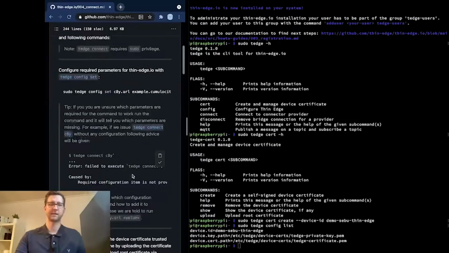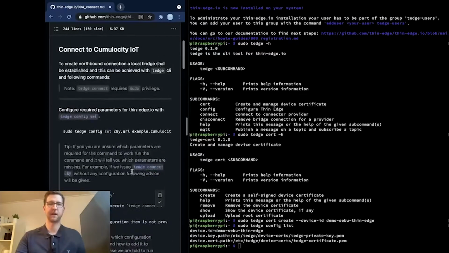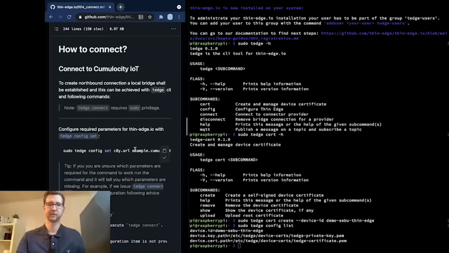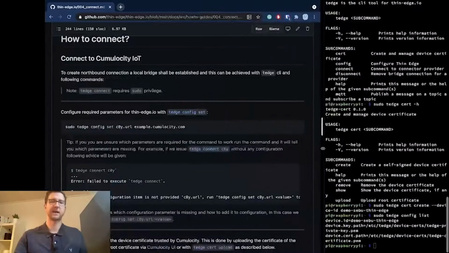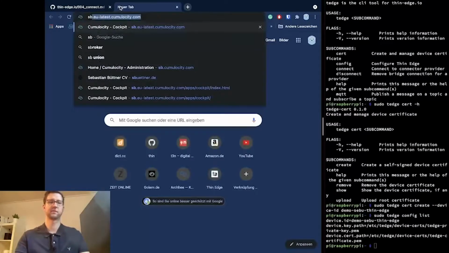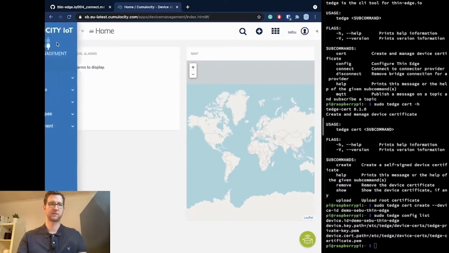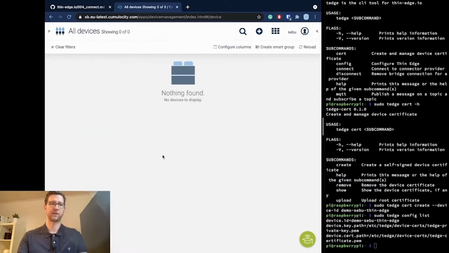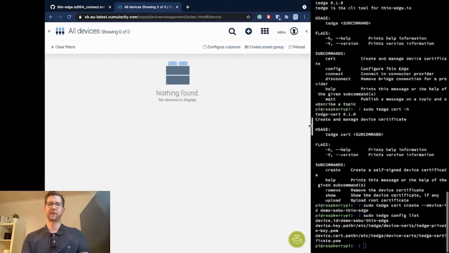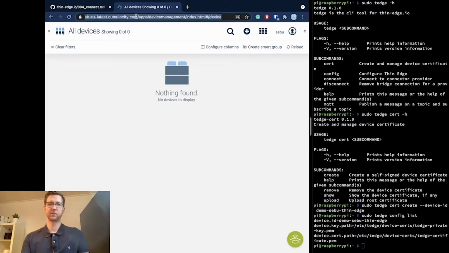The next step is to connect to a platform already. I will use for this demo Cumulocity, but it can be done in the very same manner with Azure. And to get started with that, I will access my Cumulocity tenant. And just to show you, we go to the device management. And we don't have any devices here now. What I need to do now is to tell thin-edge.io the tenant that I want to connect to. So I copy that from here,